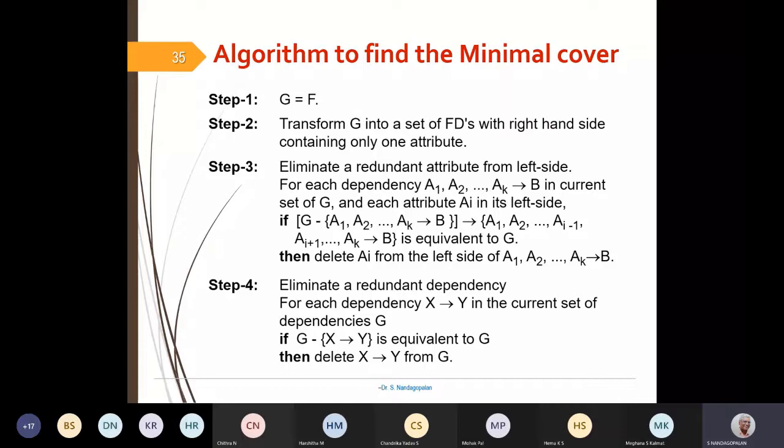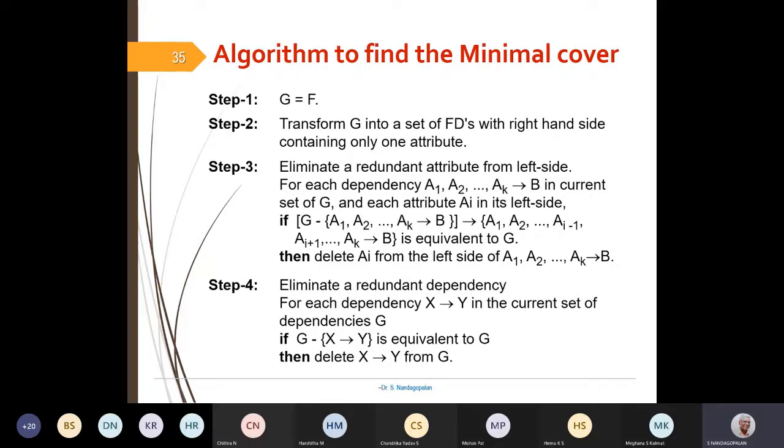Supposing I have only one attribute on the left, this step is not going to be considered at all, because only when I have more than one attribute on the left hand side will I decide whether it's required or not. Now the third condition is about redundancy of the FD itself. If I can remove some FD and it's still equivalent to G, there's no point in keeping it; it's unnecessary.